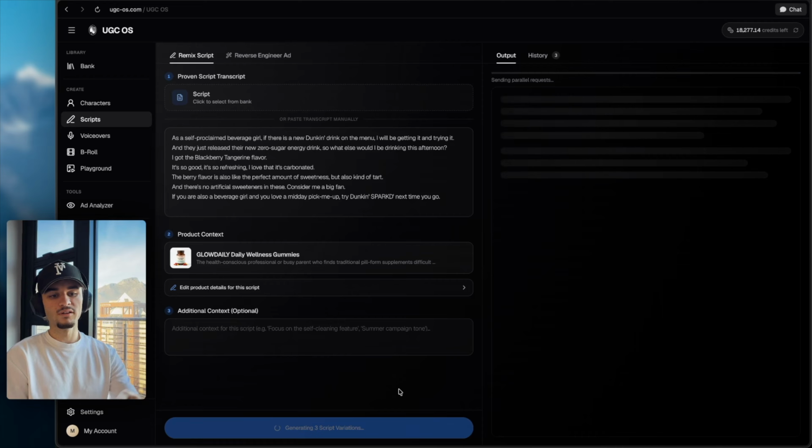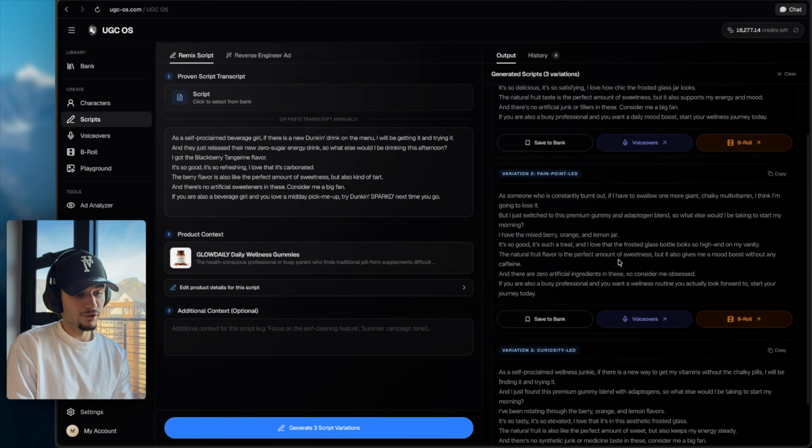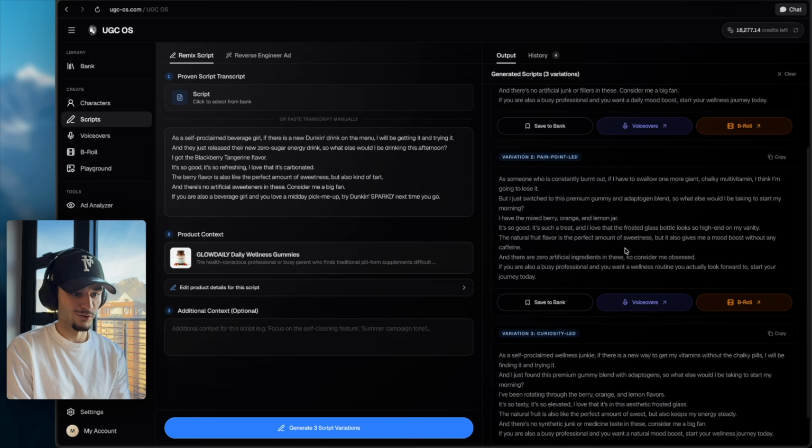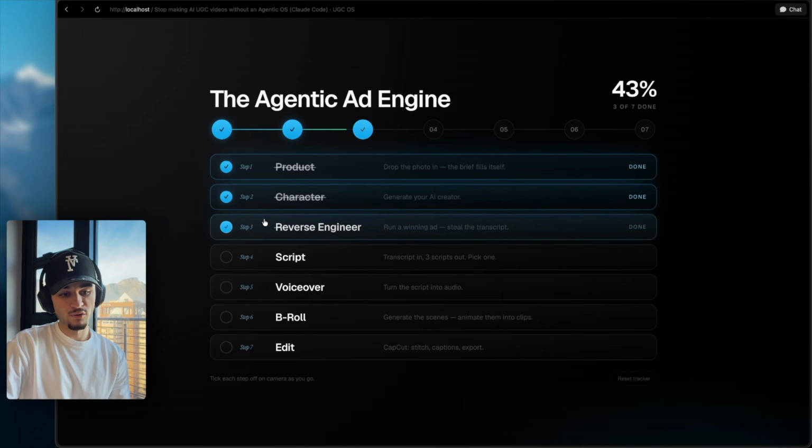And now what it's going to do, it's going to take our script that we found from the proven ad, and it's going to remix it for our video. And just like that, it's generated our script with Claude underneath the hood. So if I was doing this manually, I would have to go to Claude, generate a script, then come back. You guys can read through those scripts if you want, but I'm not going to because I already know they're fantastic. So I'm going to click on send to voiceovers,